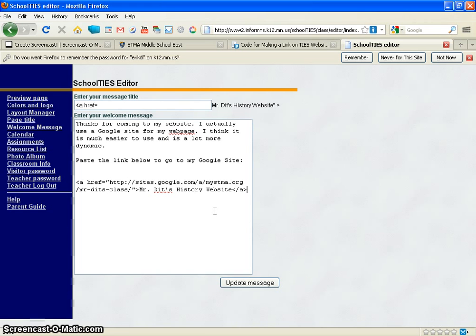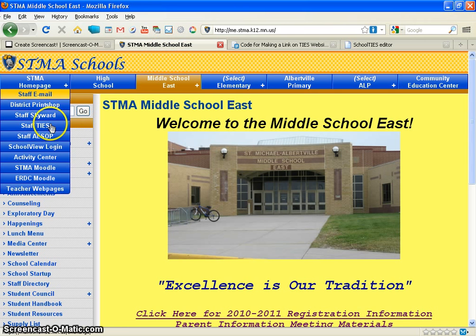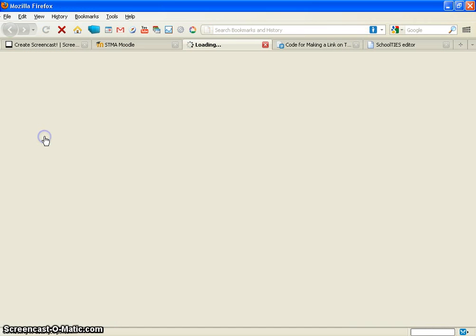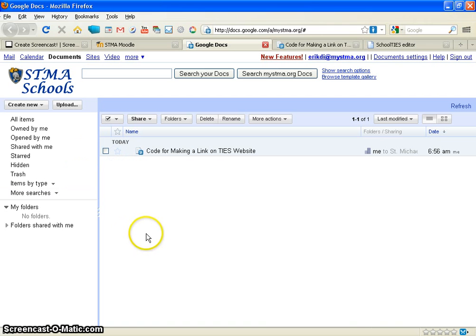So I'm going to leave this up for you for a second. I'm going to go back to Moodle, the STMA Moodle page, because I made this code for you to copy and put into your site. So here I'm at the Middle School East site, but if I go back to STMA Moodle, you should still be logged in. And what I did is under Docs, if you go into Google Apps and click Docs, there should be a document that says code for making a link on Ties website, so everyone should be able to see that. If you click on that,